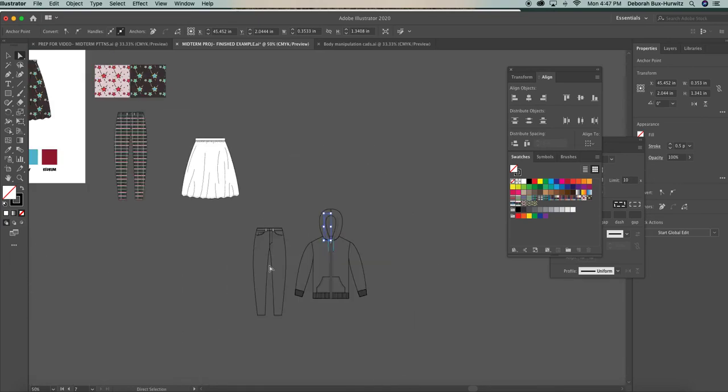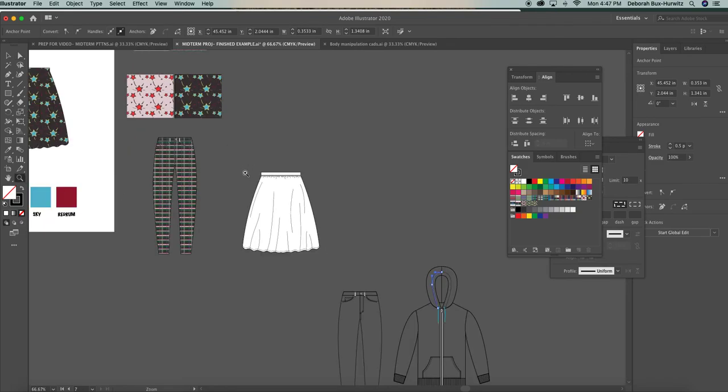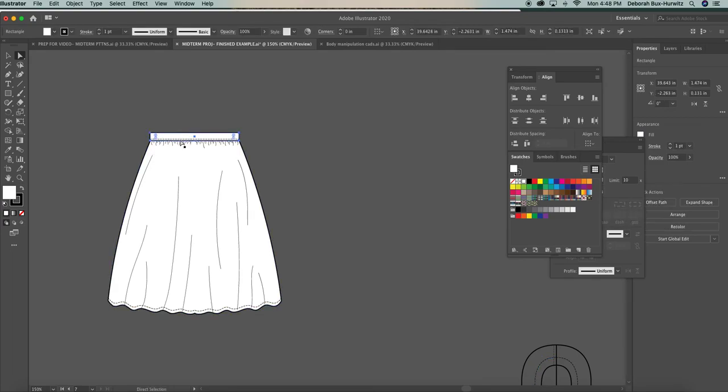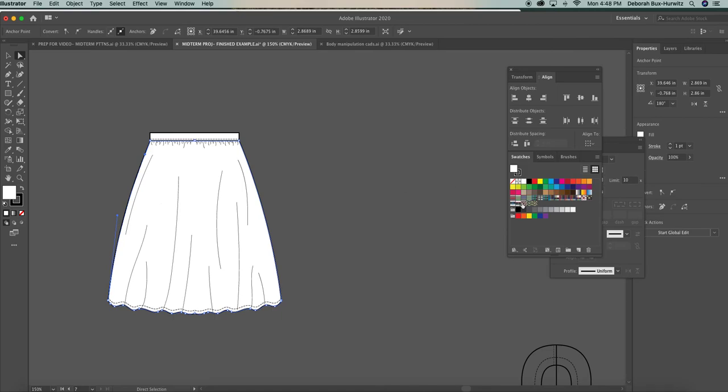But fill in your belt loops with pattern and fill in your waistband and all your body shape with pattern for that one. And then for this body CAD here, if you chose to use the gathered skirt, this is actually probably one of the simpler ones to do because it's just made up of 2 body shapes, 1 waistband and 1 body of the skirt. And what I will tell you, if you click on this and you fill it with pattern,